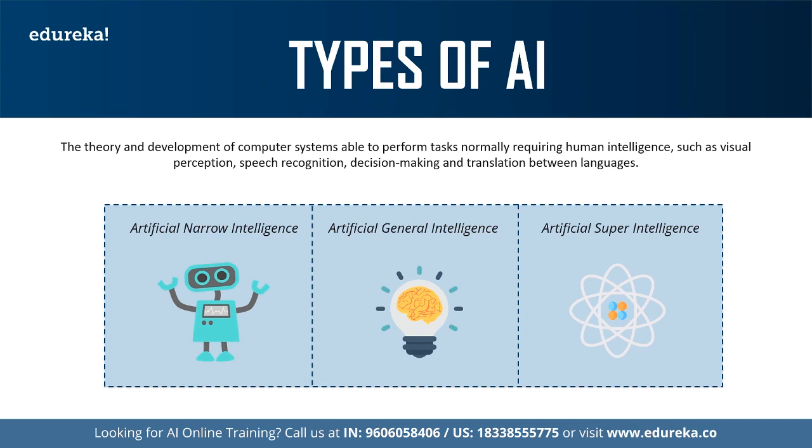For example, if we build a classification algorithm for classifying whether a rating given to a particular product is good or bad, or whether he rated it as a good product or a bad product. If you build the algorithm for a specific task and it doesn't have any other intelligence to perform apart from the tasks that it is built for, we categorize them as artificial narrow intelligence algorithms, where the algorithms won't have the common sense that humans have, but they can perform the task based on getting trained on